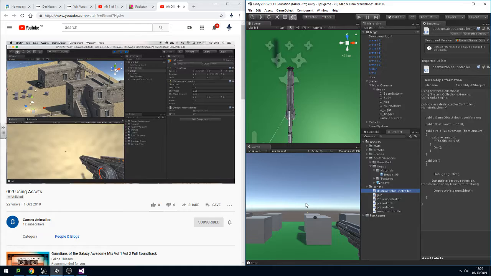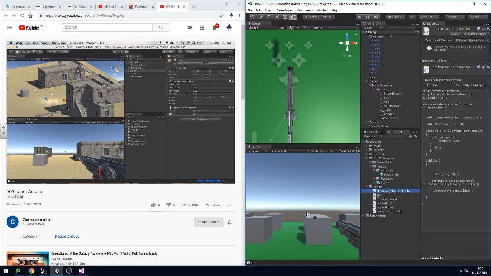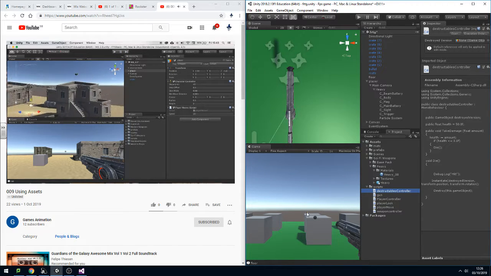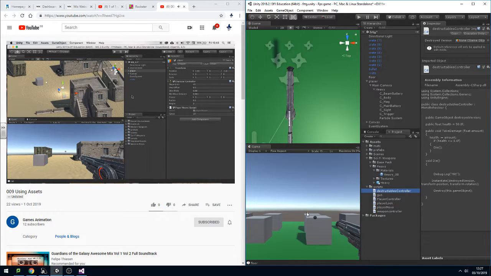You can see I've already started building a level using these assets from the desert environment, and all I'm doing there is I've created an empty game object called environment, and I'm throwing all of them into that, so they're all contained within one game object. So what else can I put in here? If I go to desert environment, I've got